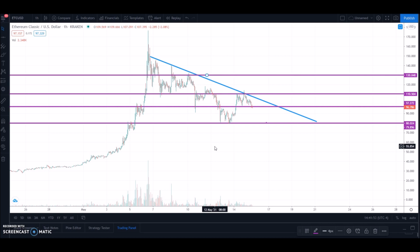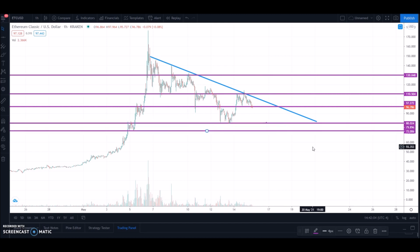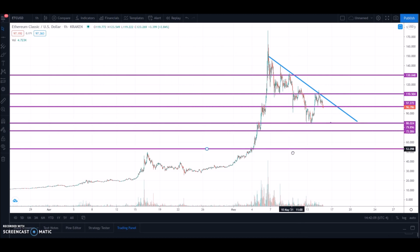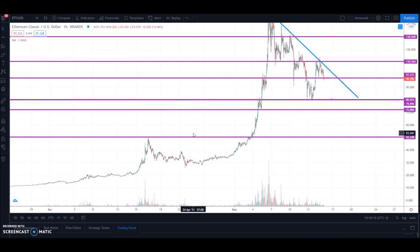If you're short-term or you want to make some quick gain, then this is very important for you to know: the support and resistance. And also if it comes down, if the 80 support is broken, it might come back to 72, or in the worst case, if anything bad happens, it can come all the way around 50. And why I'm showing you 50, I never want this to come back to 50, but if it comes to 50, buy, because it was a resistance before, and you see it made some consolidation around this area, then bang,